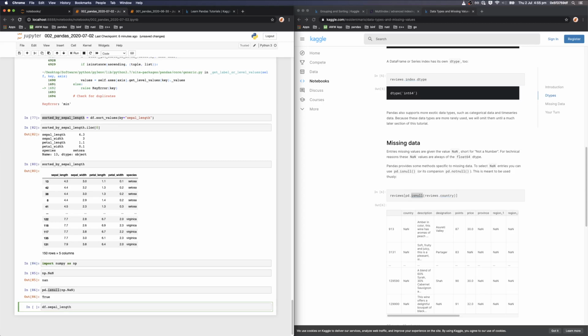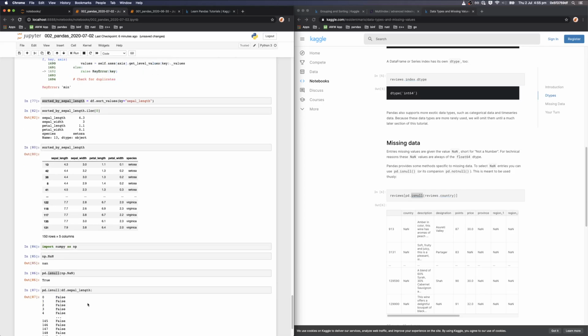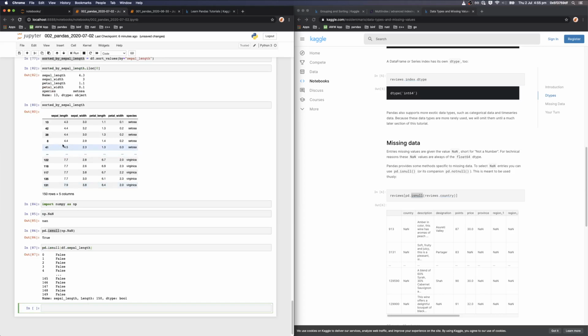Can you do it on the whole data frame? Yeah, right. I'll try that next, but let's just try it on this first. Okay. And so what you get is a series of booleans that say